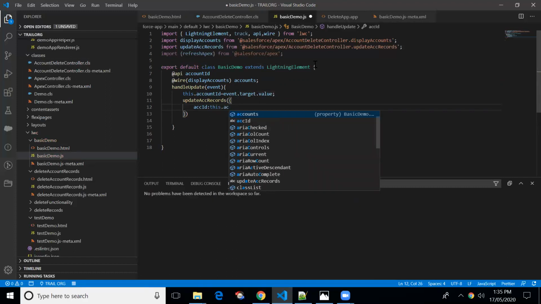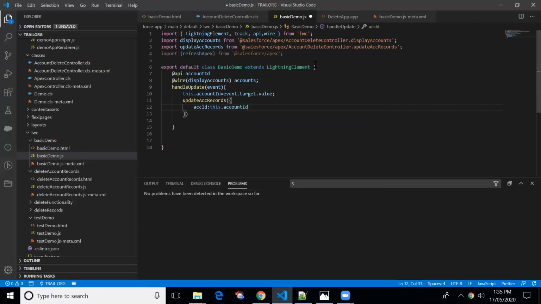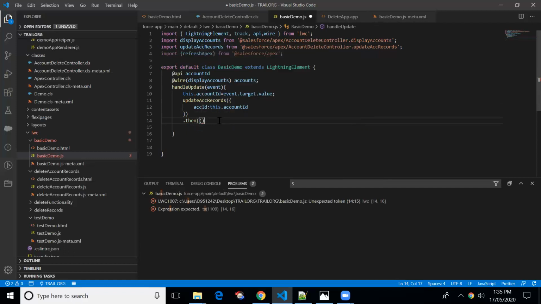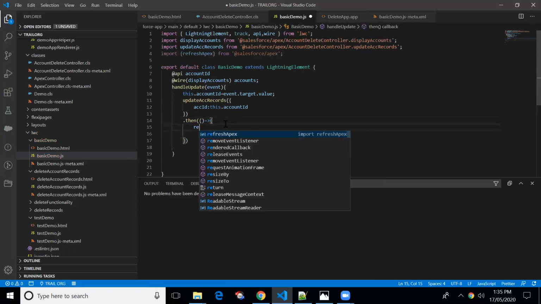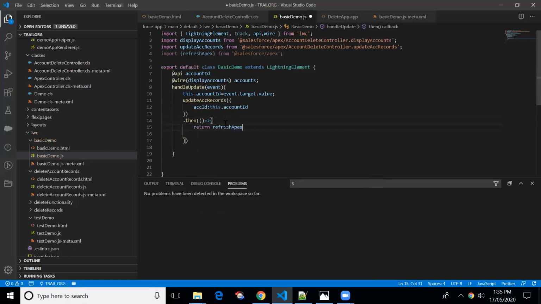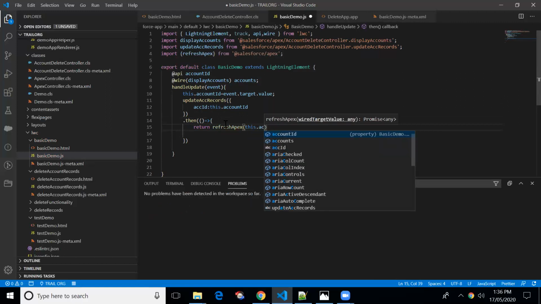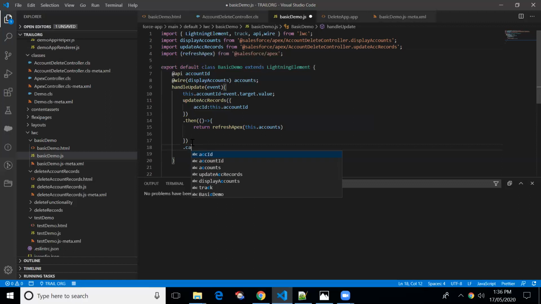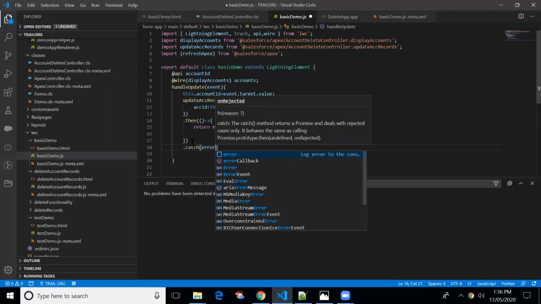If we are able to update the record successfully, then it will enter into the then. Here we'll just be refreshing the data, so return refresh apex, refreshing the apex property, this dot account. Then catch error.